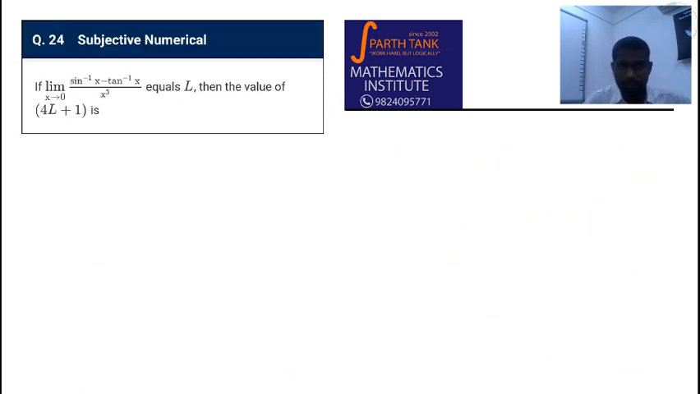Okay, let us come to the numerical 24. If limit x tends to 0, sine inverse of x minus tan inverse of x by x cube equals L, the value of 4L plus 1 is. Now obviously this is 0 by 0 form. Sine inverse of 0 is 0, 0 minus 0 by 0, right? So let us apply the L'Hospital's rule. If you know, L'Hospital's rule says if there is a 0 by 0 form, differentiate the numerator and